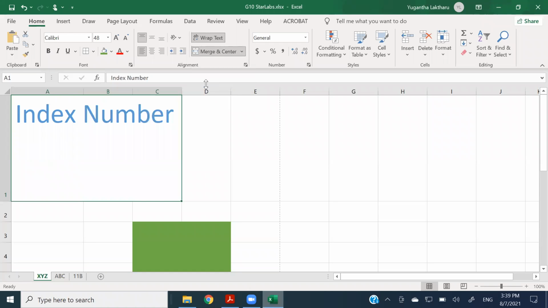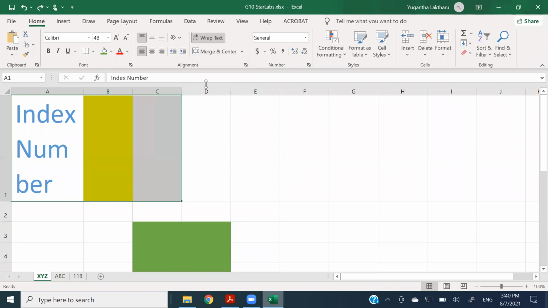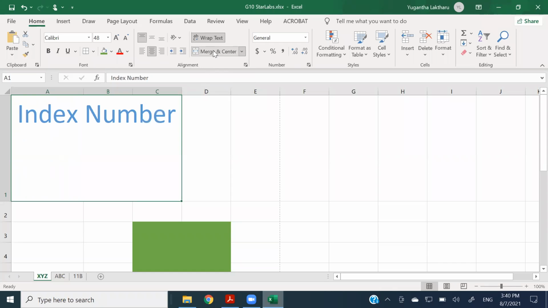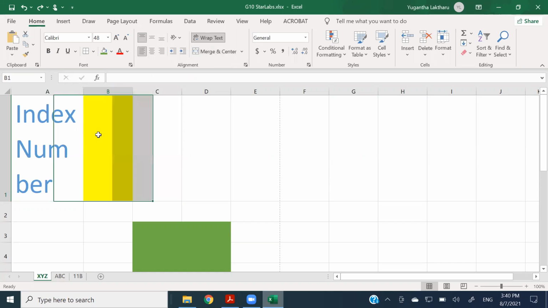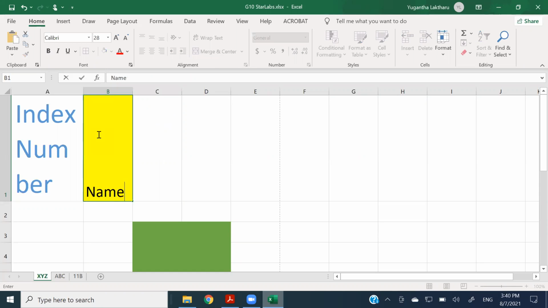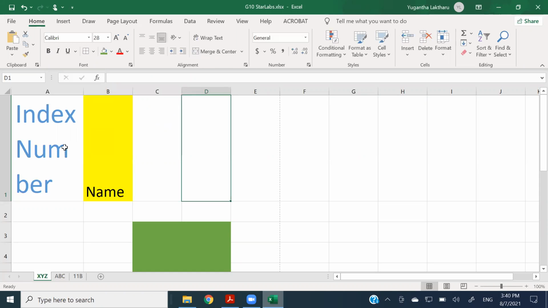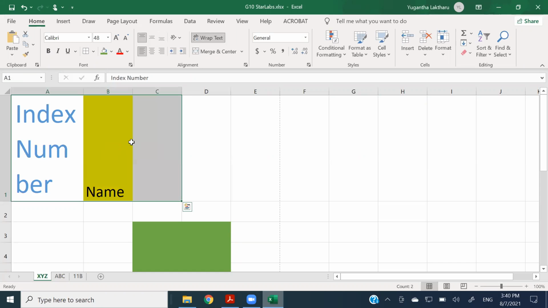Did you see what happens? Earlier it was like this, and once I merge it, my colors are gone. The text that was there in the first cell is spread all over these cells. And if I type something over here, let me say name. Now, if I merge this,